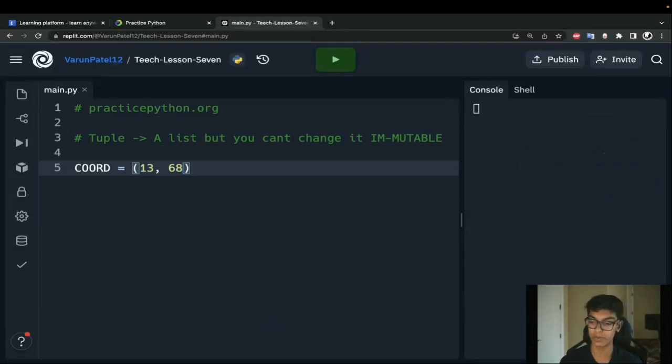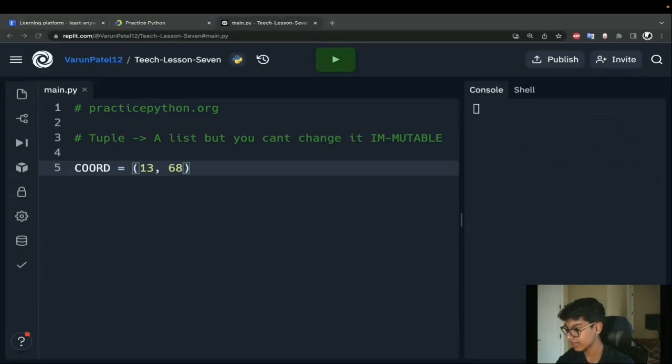So if you're ever working with data like coordinates, things that don't necessarily have to be changed, then a tuple is the way to go. And again, it's one of those smaller things that you won't always use, but it's always good to have under your belt. And they work very similar to our lists. So that is an hour and 30 minutes right there. That's our first lesson in the month of July.